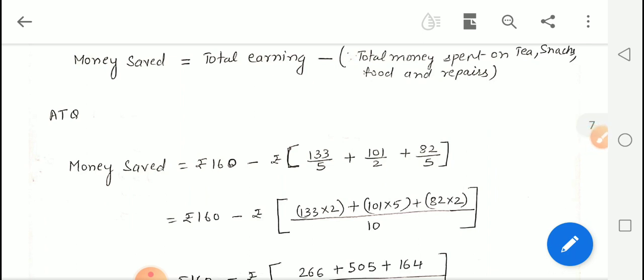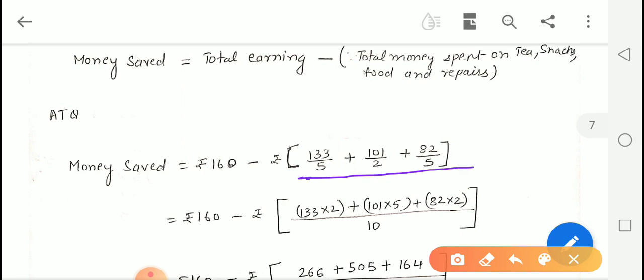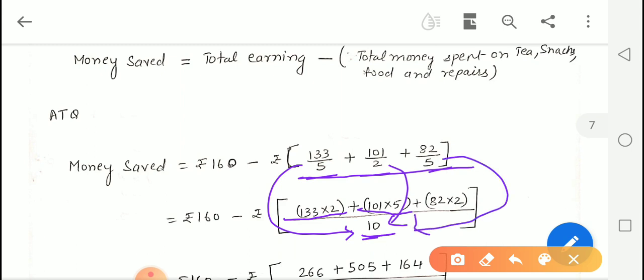For adding these three numbers, the LCM of 5, 2 and 5 is 10. Here 5 is multiplied by 2 to get 10, so we will multiply its numerator by 2. Here 2 is multiplied by 5 to get 10, so we will multiply its numerator by 5, and 5 is multiplied by 2 to get 10, so we will multiply its numerator by 2, and we will solve this